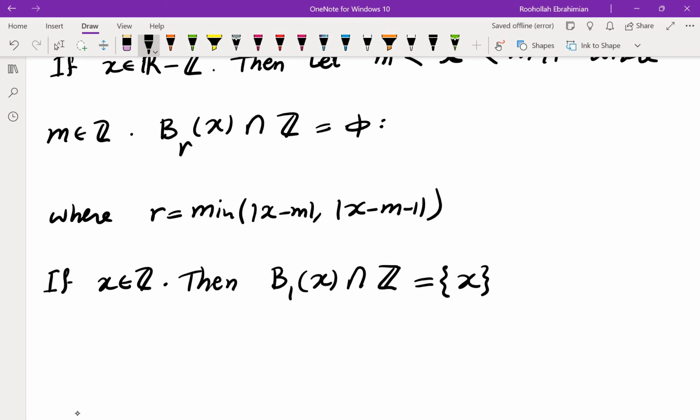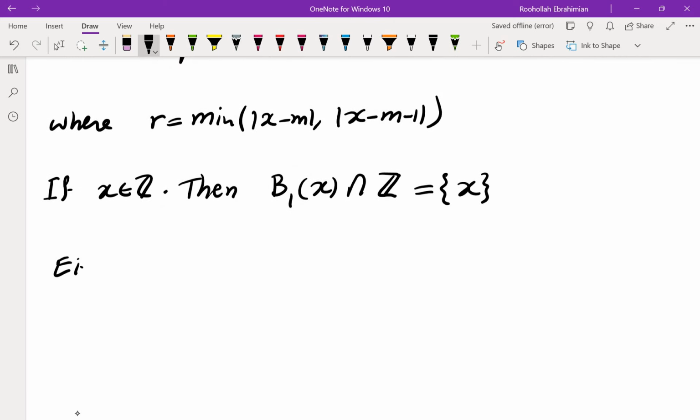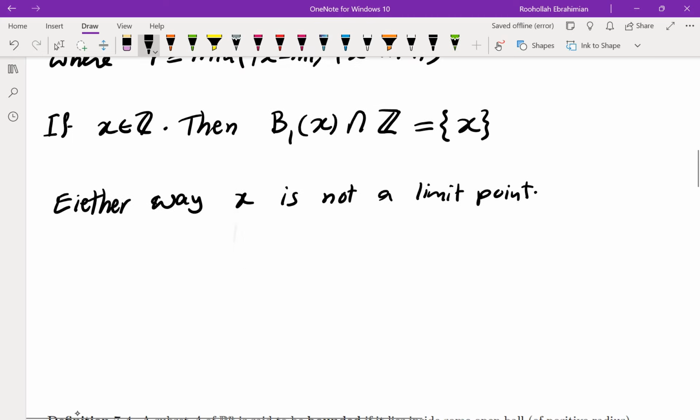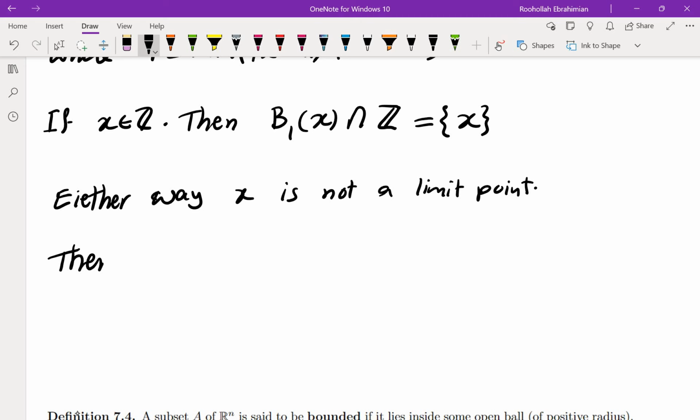It means there is nothing inside the ball that is an integer except for the center, which means x is not a limit point. So in either case, x is not a limit point. Now, I talked about Z, but of course when it doesn't intersect with Z, it also doesn't intersect with positive integers. So that tells us that R in fact is not compact,